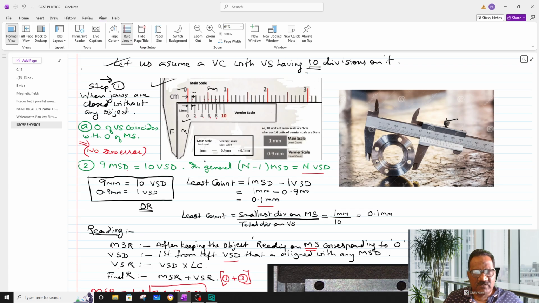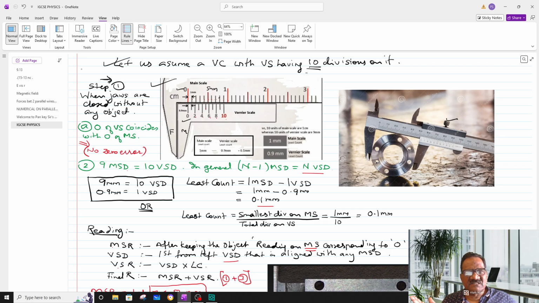So least count, how you are supposed to find out. Now see, the concept of least count is what? In this particular vernier caliper, the 10 vernier scale divisions, can you see this? 0, 1, 2, 3, 4, 5, 6, 7, 8, 9, 10. These 10 vernier scale divisions are kept in such a way, attached to the main scale, such that these 10 divisions are equivalent to the first 9 divisions on the main scale. So you can say that the 10 vernier scale divisions are equal to these 9 main scale divisions, and